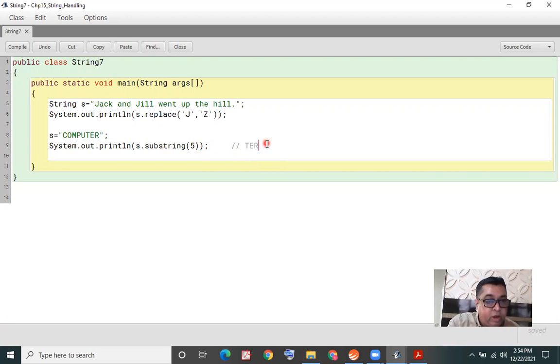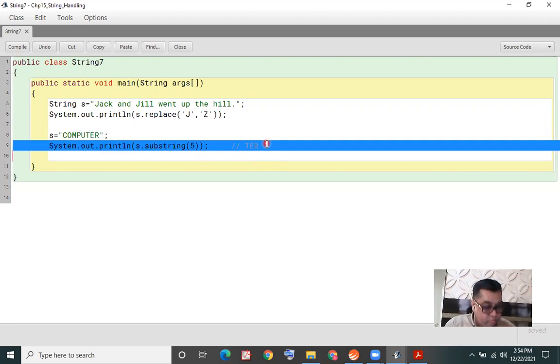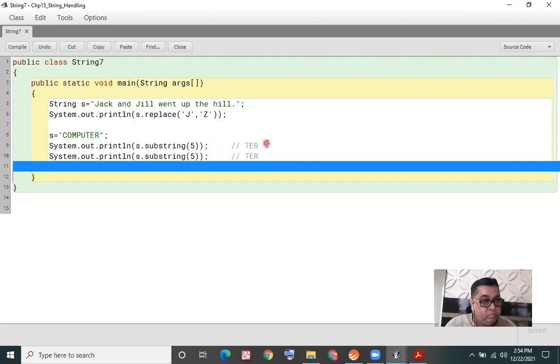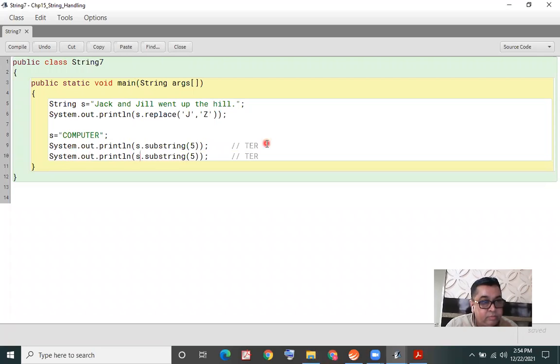Another example I'm doing now. To the substring method, I'm giving position 3. Can you tell me what is position 3? Which letter is position 3?